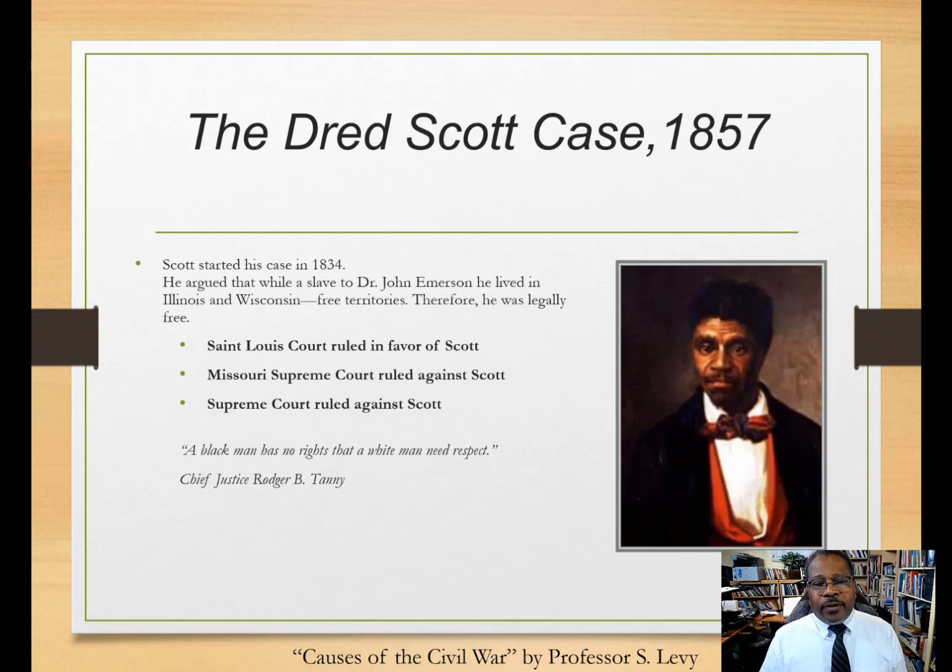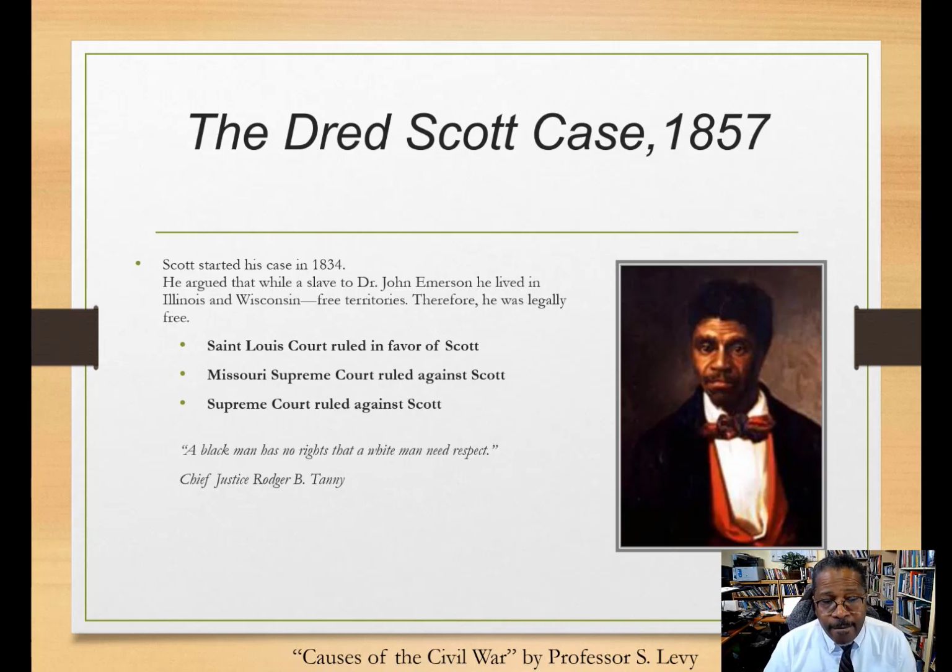The Supreme Court failed to adequately deal with the issue, particularly in a case called the Dred Scott case of 1857. Here's a portrait you see of Dred Scott. He was born a slave to a man named Dr. John Emerson